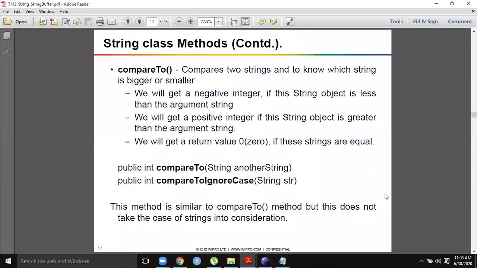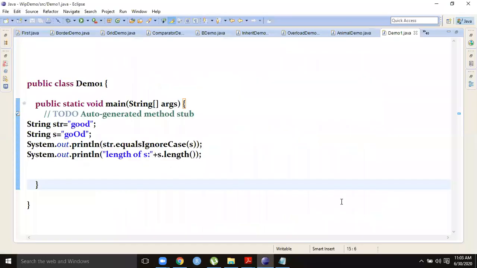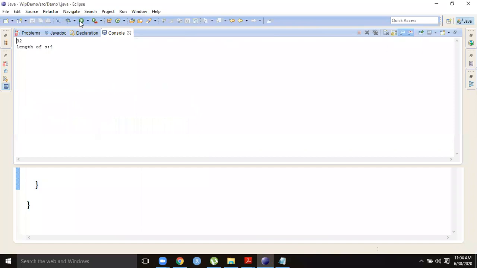It gives an integer result. The compareTo method can be used for normal objects also, any objects.